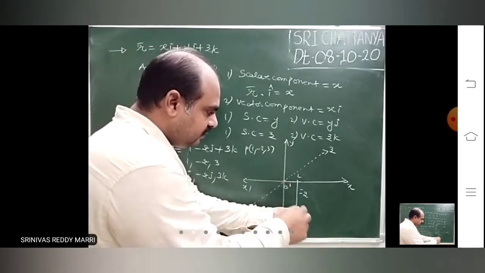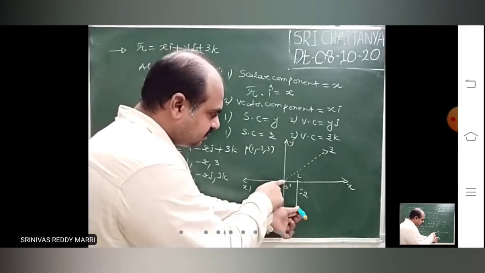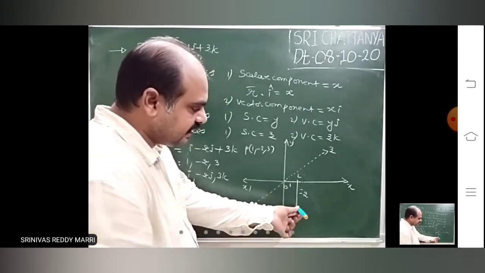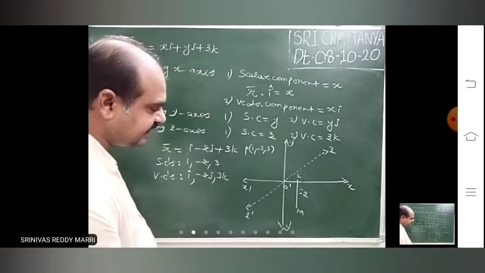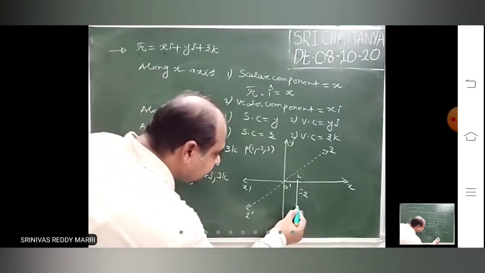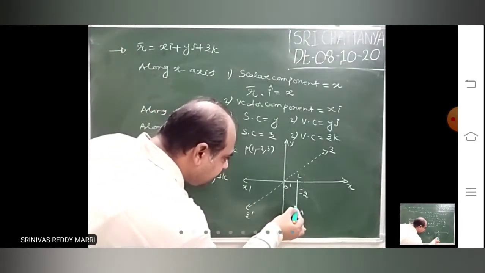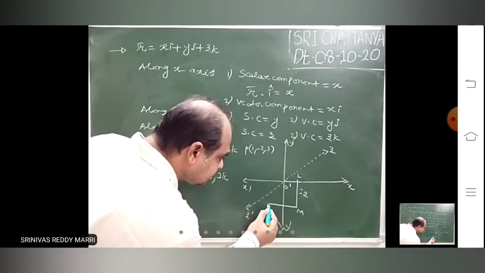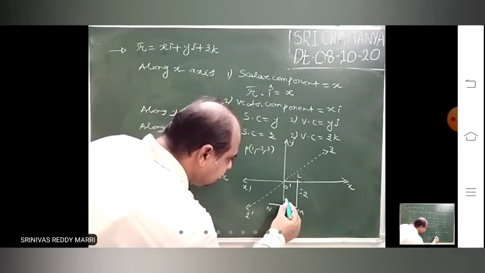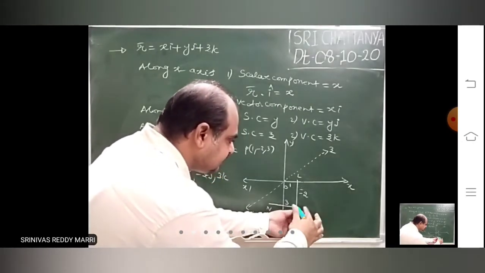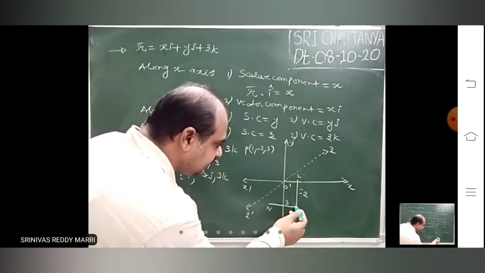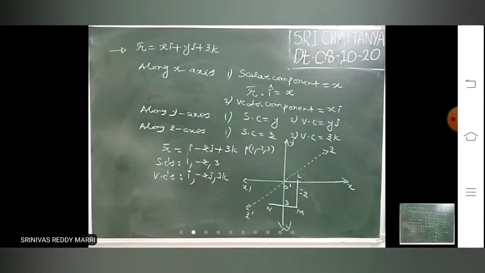So this is O, this is P. This vector is what? Join this to P. OP bar is nothing but R bar. I cannot represent it like this. That's why I am representing it like this, just drawing 3 units. Let us say this is N. This is 3 units. This distance only I have represented like this, just on the board.